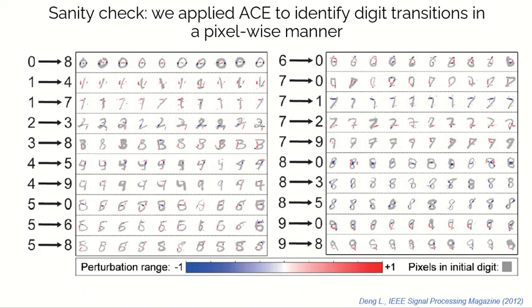As a sanity check, we apply ACE to the K-means dataset and show that ACE is able to explain digit transitions in a pixel-wise manner. These digit transitions are chosen such that each digit category is covered at least once in both directions. The results show that ACE does a good job of identifying a set of pixels that accurately explain the difference between digit pairs. For example, to convert 8 to 5, ACE disconnects the top right and bottom left of 8,